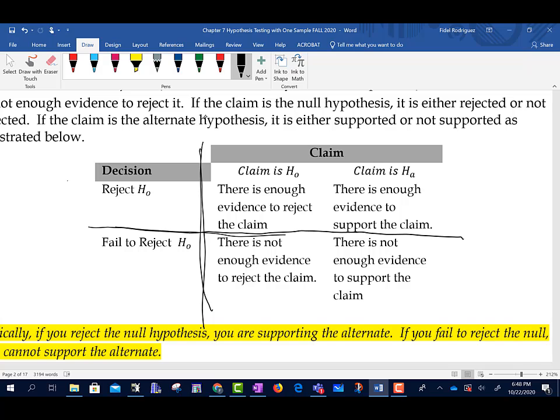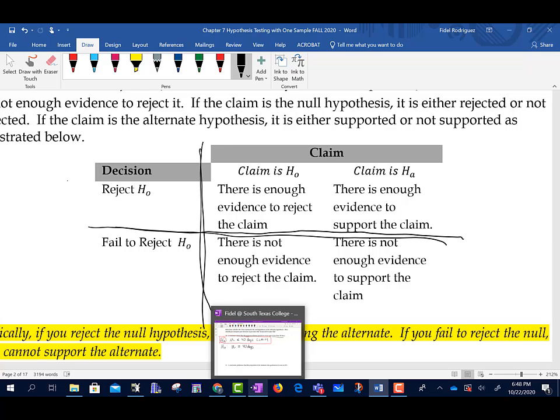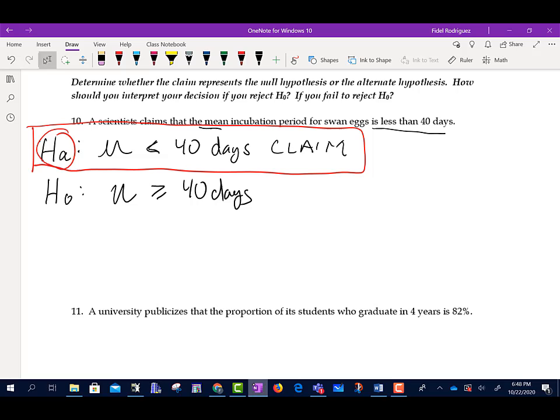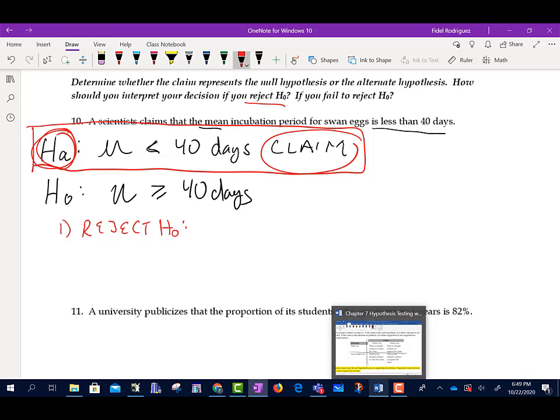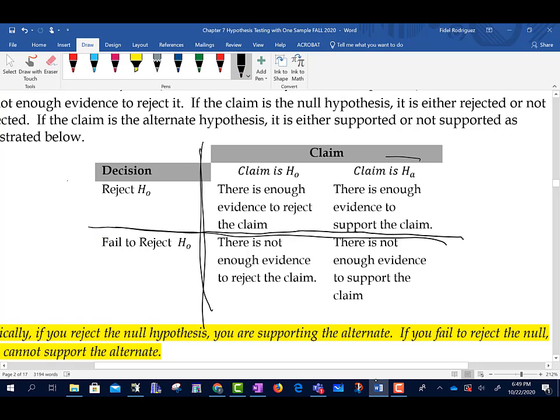Okay, so let's do something like this, and maybe something like this, just so that it's a little bit more separate, okay? So, first thing we're going to do is we're going to say, what happens if we reject the null? Okay, so part number one. What happens if we reject the null hypothesis? Notice which one is my claim. My claim is the alternate. So when I come back here, my claim is the alternate, right? And we're rejecting it. So this is what I'm going to write down. I'm just going to say there's enough evidence to support the claim. So right here, I'm going to say